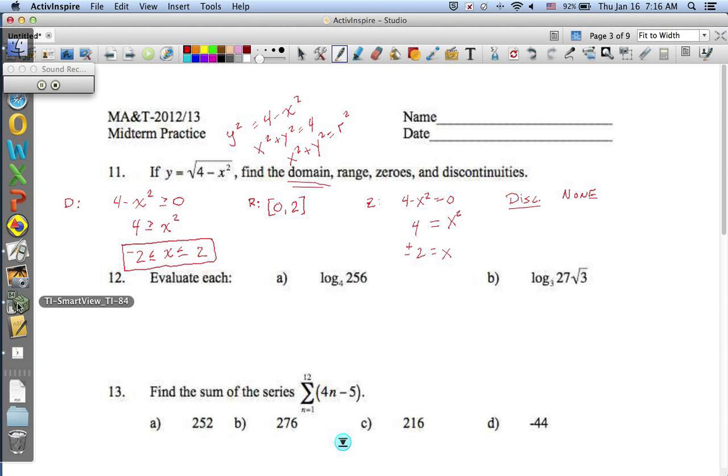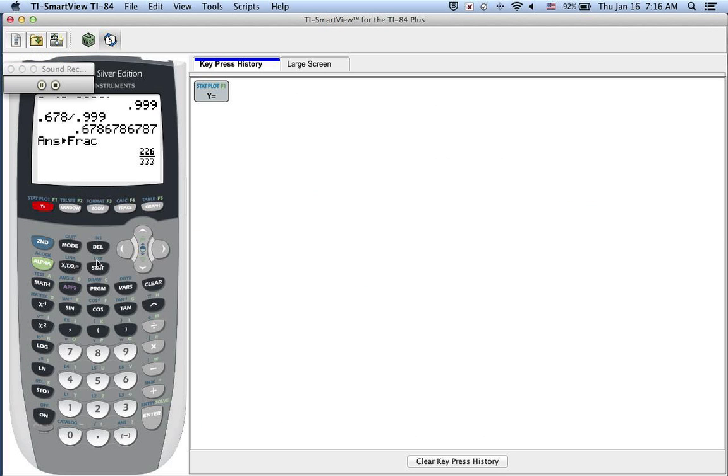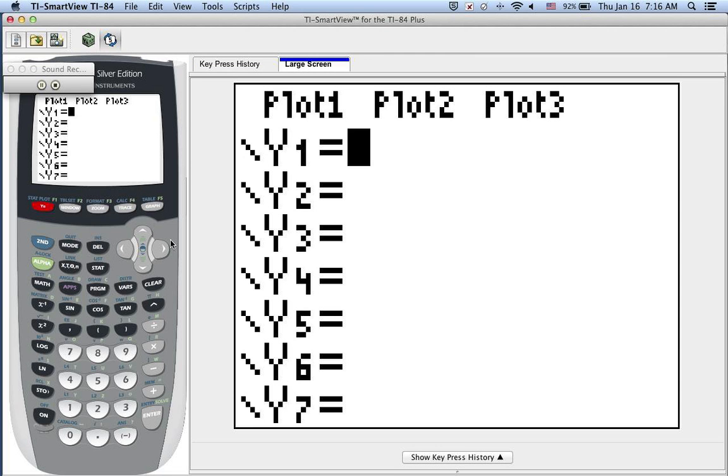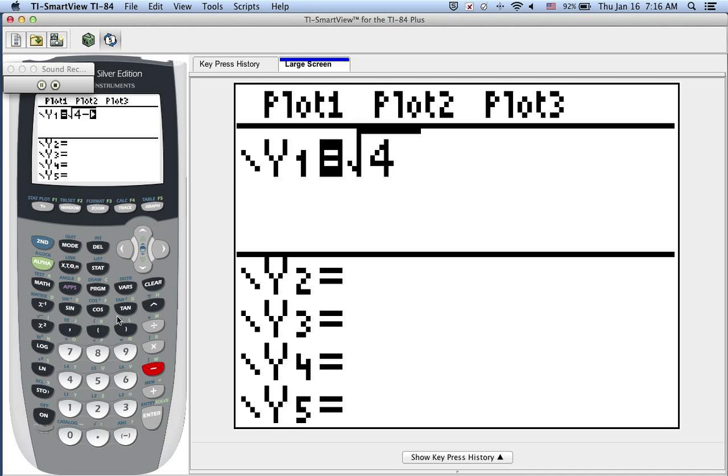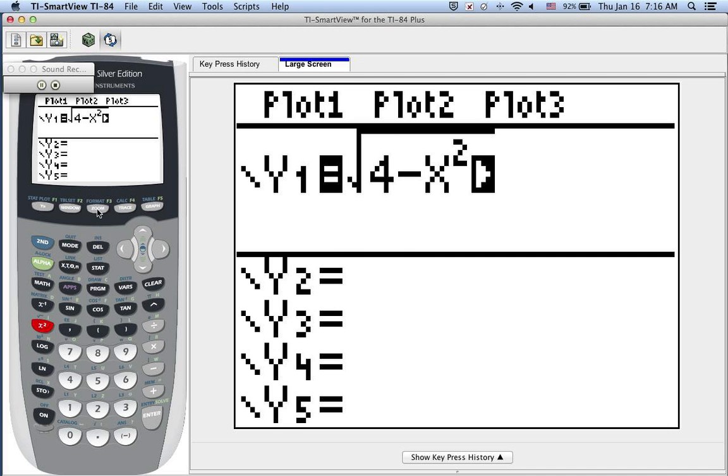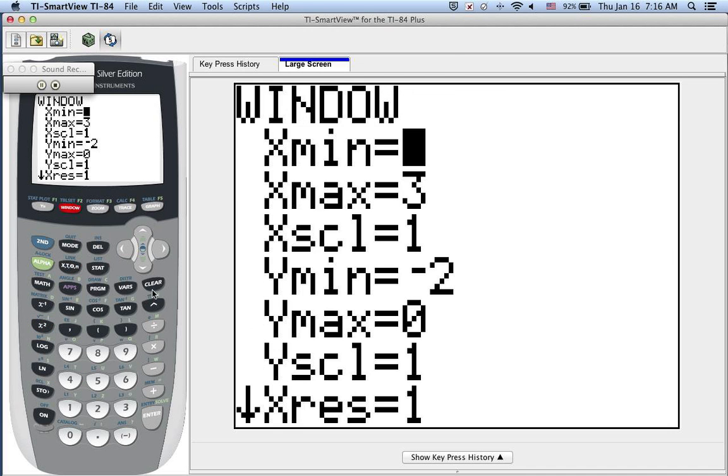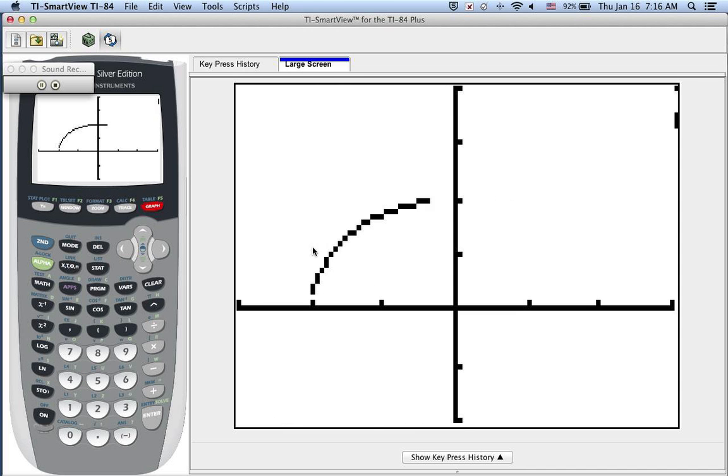See if our calculator is ready for us now. There we go, y equals, large screen, and let's do the square root of 4 minus x squared. You'll see it's the top half of a circle. Let me make sure my window's in good format here. 0 to 3 is fine. Actually, 0 to 3 is not fine because I go negative 2 to 2, so let's do negative 3 to 3. Get a good view there. Minimum we said was 0. The maximum we said was 2, so if I have negative 2, I'm going to go up to 4, and let's check this graph out. There you go, negative 2 to 2, 0 to 2 for your range. Okay,